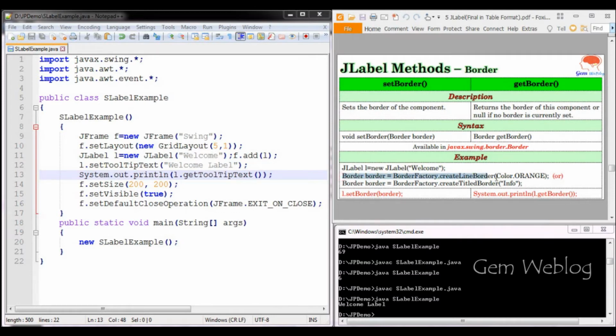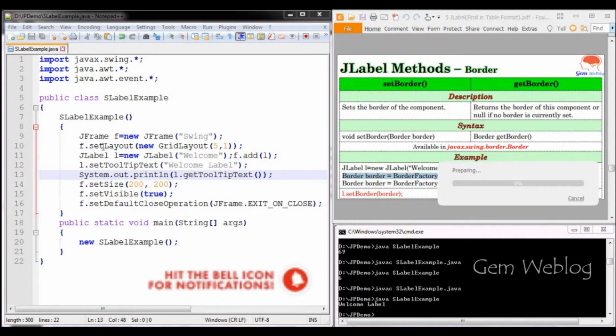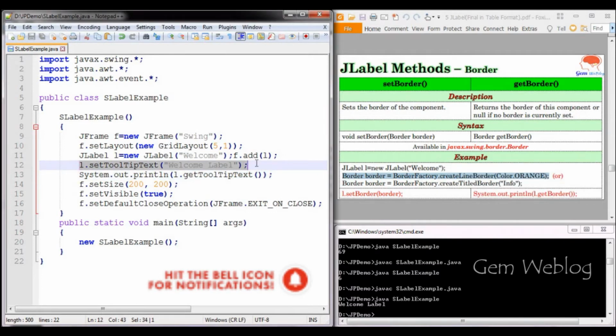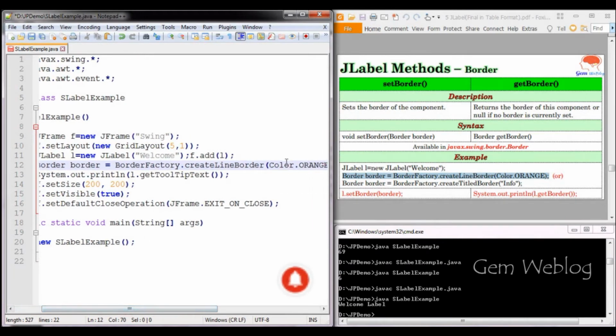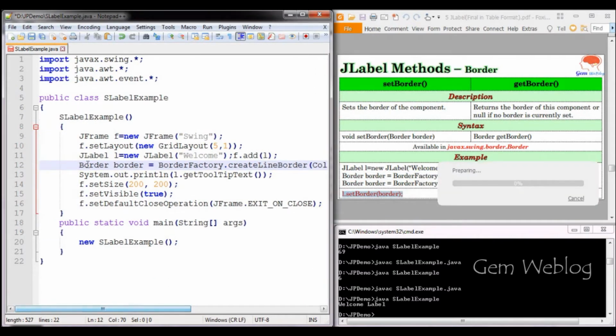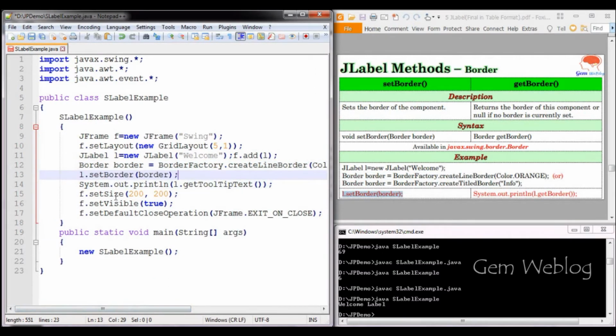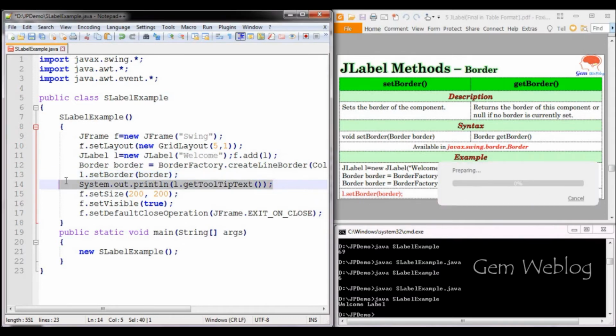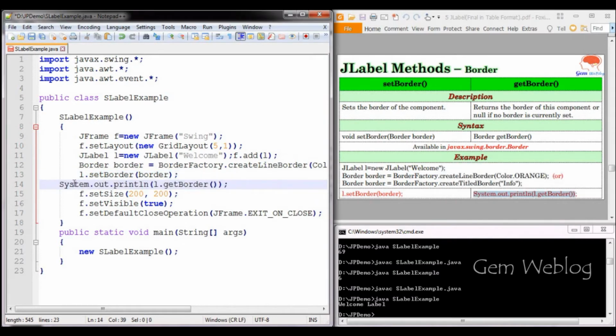For this you have to create the object for the Border class. So Border object name equal to BorderFactory.createLineBorder. For this we have to give the color of the boundary. Using the set method we are setting the border. Whatever object has been created using the Border class is passed here, and whatever has been set will be extracted and displayed in the console.